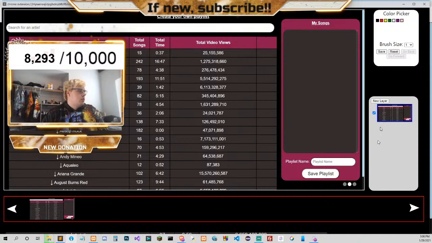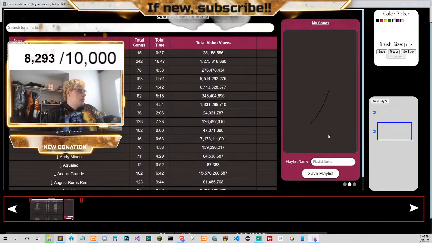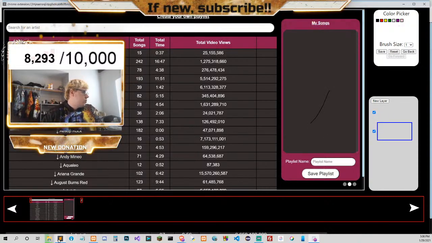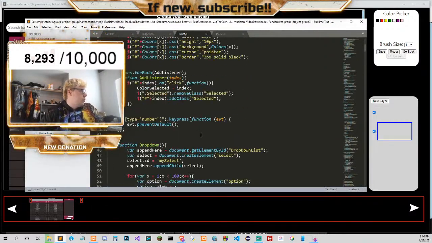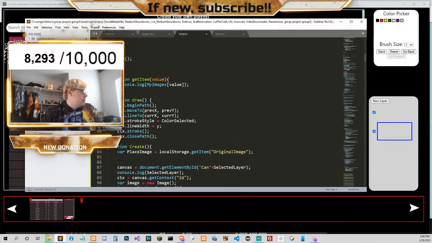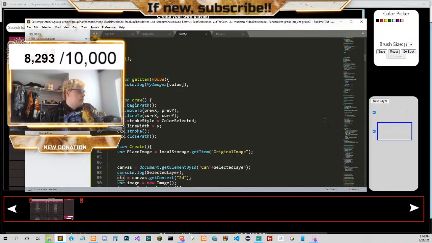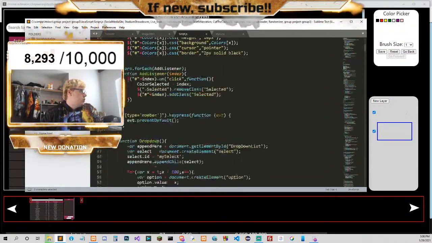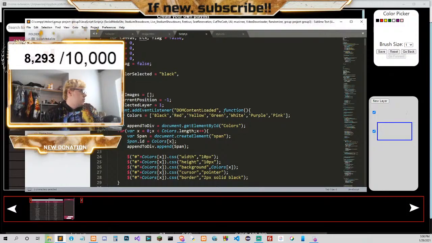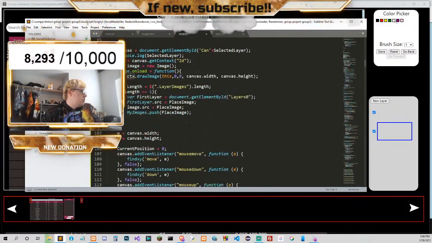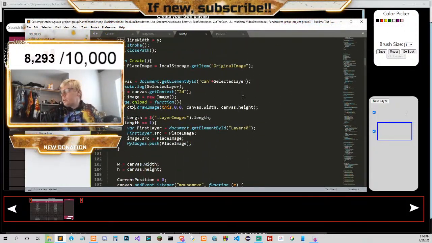Alright, so when we hit new layer, it updates on this first one. What we needed to do when we draw is CTX needs to be different, it needs to change. So I don't know why CTX here.